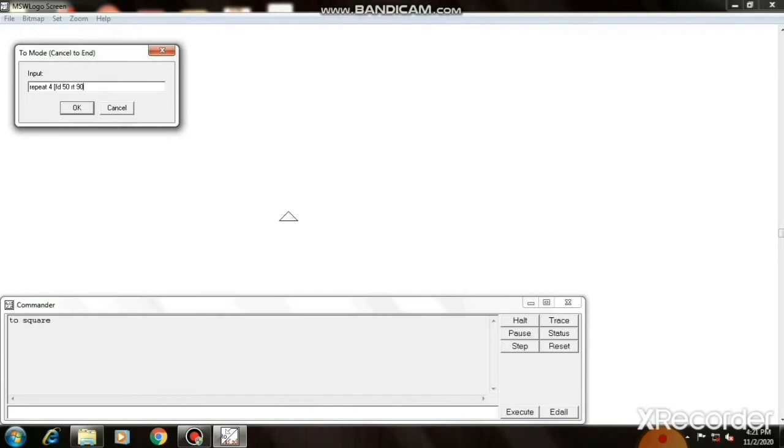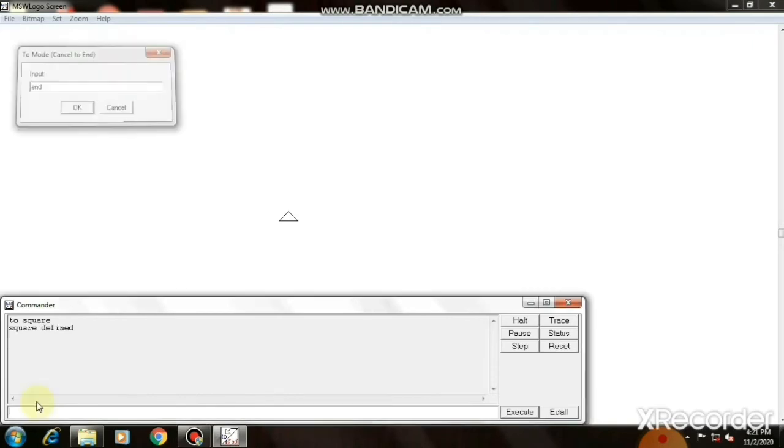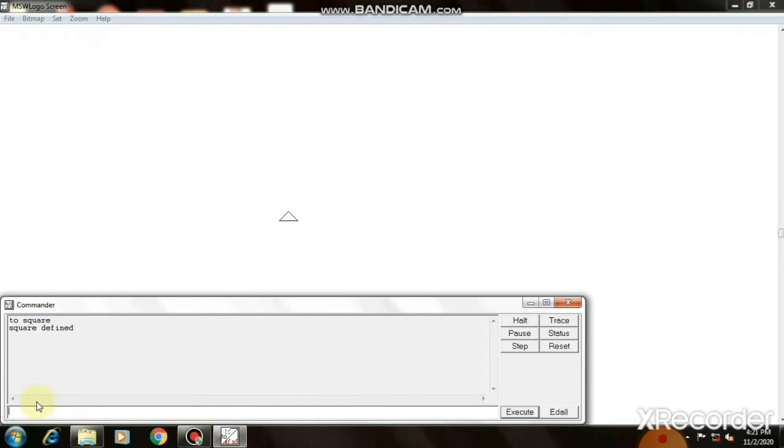This is the command for drawing a square shape. Okay, the repeat command closes the square shape, and then type the END command. The END command is used to finish your procedure. If you give the END command, you can see automatically in the commander window that square is defined. So we have created a procedure for square.